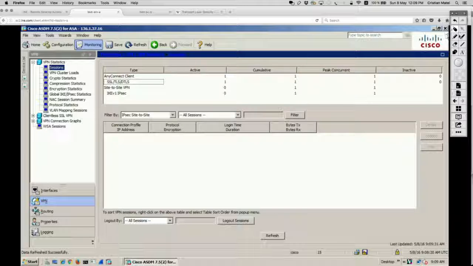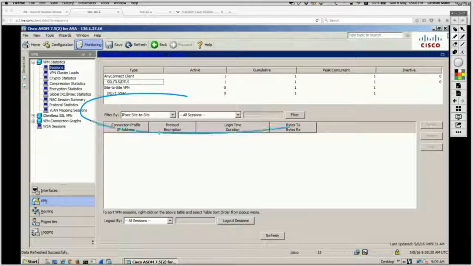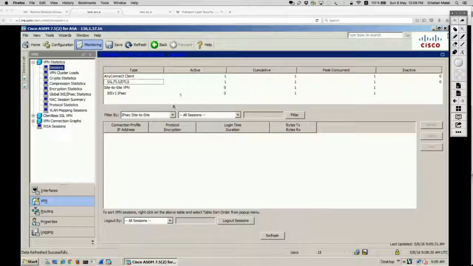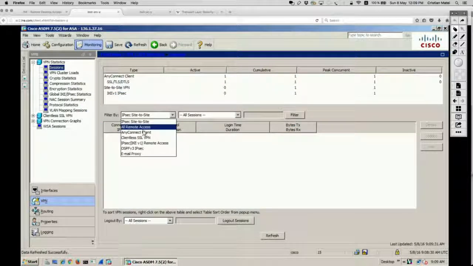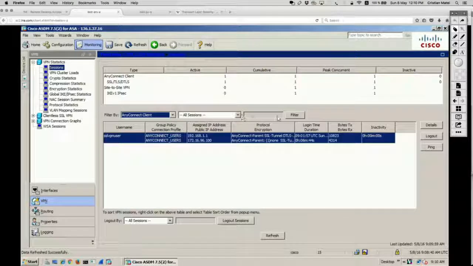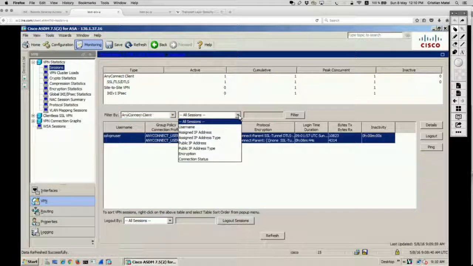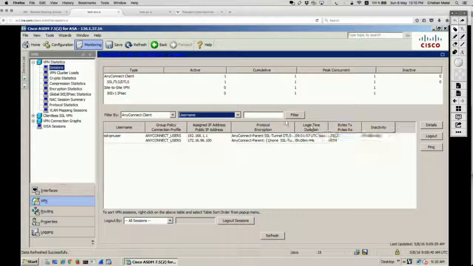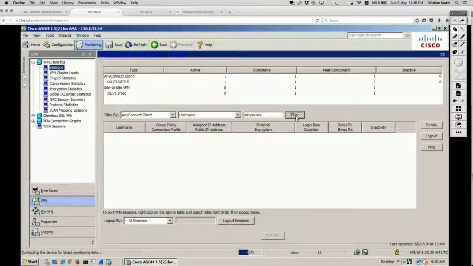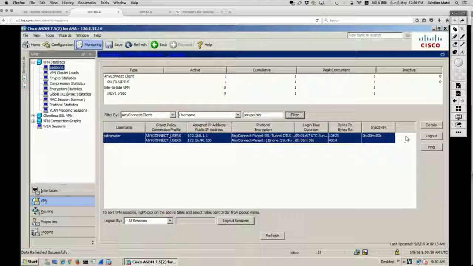If you want to see the details, you have to look on this side, but you don't see anything at all because by default the filter is IPsec site to site. So let's change that filter to be AnyConnect client sessions, all sessions, and there we go. Of course, you can also filter, if you so choose to, by the username, because when you have multiple sessions established, you would want to look at the status of a specific session, not at all of them. You say details,